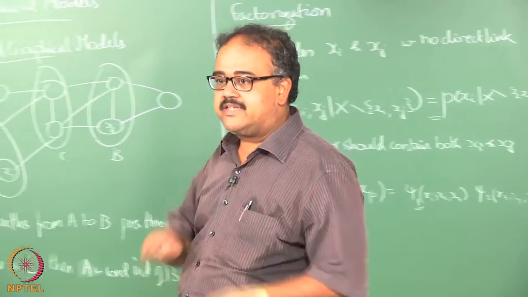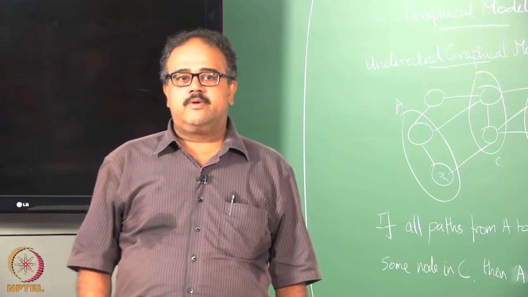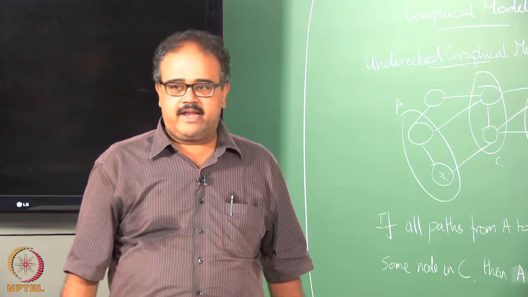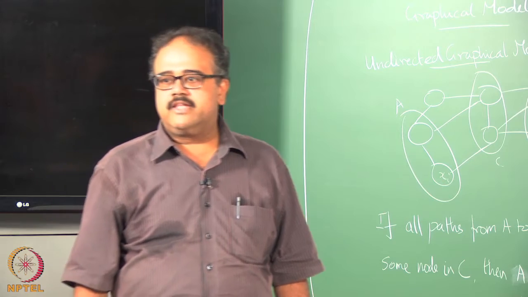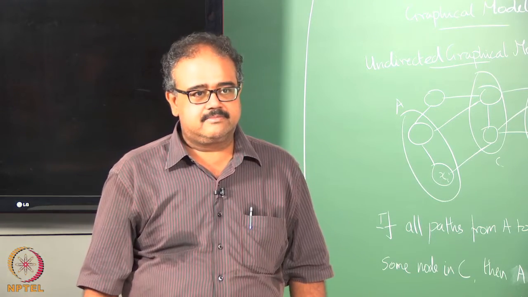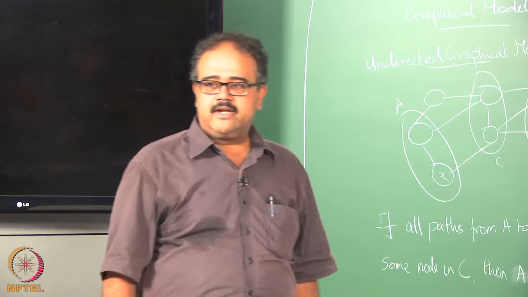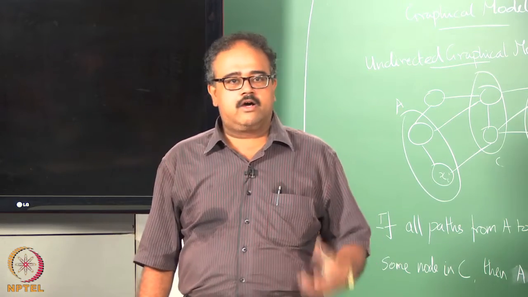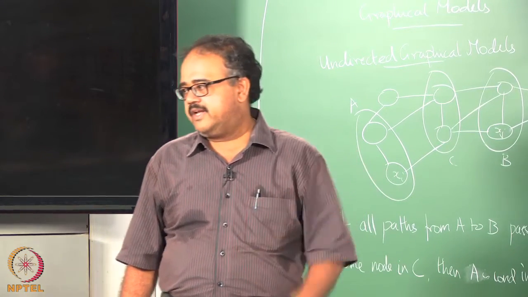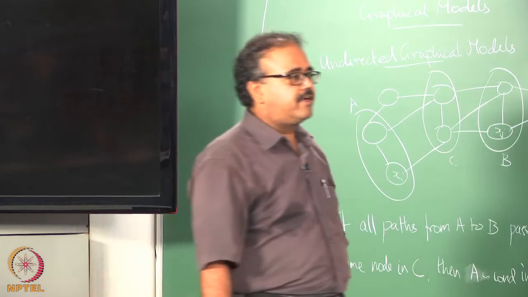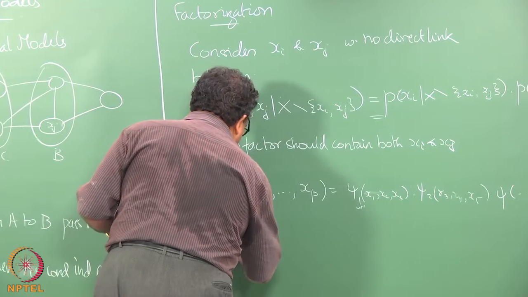Suppose there is an edge between xi xj, xj xk and xk xi. What would you want to do? You can put in factors for every edge. Alternatively, a more compact way of doing this is to put in a factor for the clique. If you have some set of variables which are fully connected, then you will put in a factor for all of the variables together, because there is this three-way dependence. So, instead of putting in 3 different factors for that, you put in a single factor that looks at all of this together. So, flip this around and then say that for